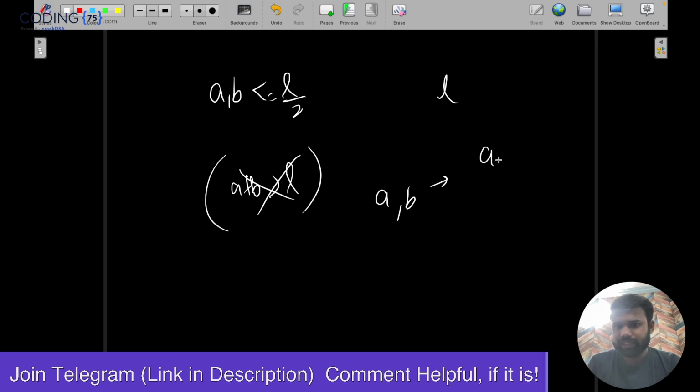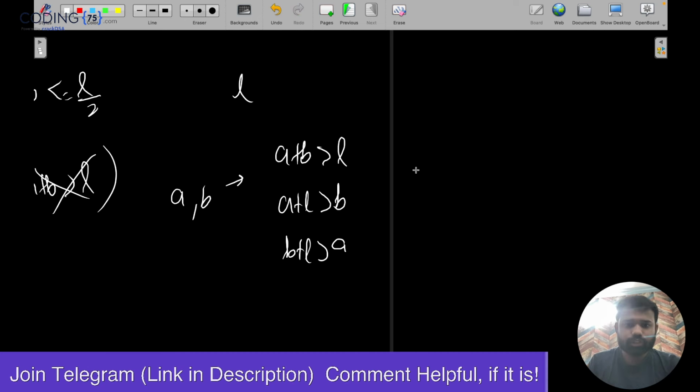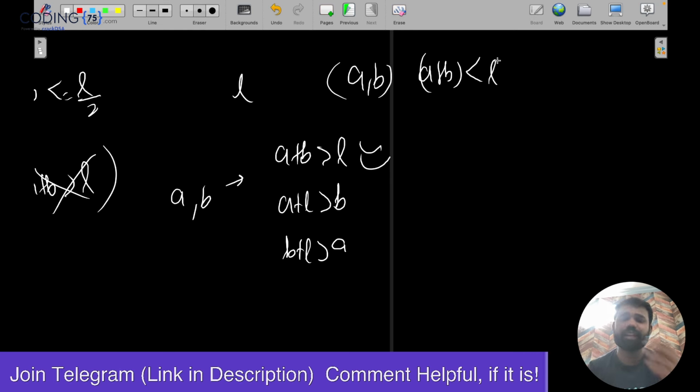Again there are 3 conditions: a plus b should be greater than L, a plus L should be greater than b, and b plus L should be greater than a. With the first condition, we have taken all a and b such that a plus b is less than L.